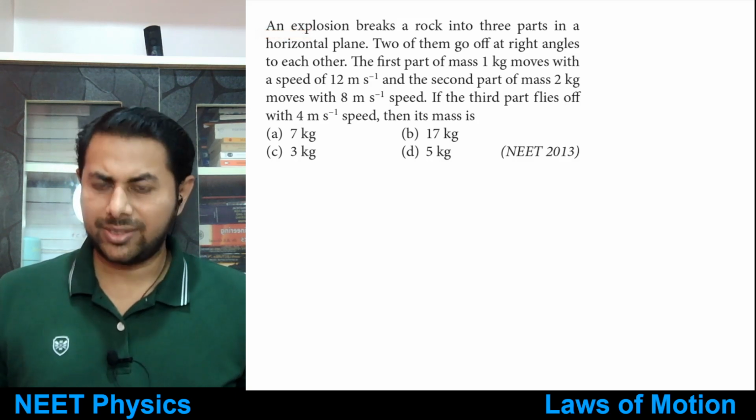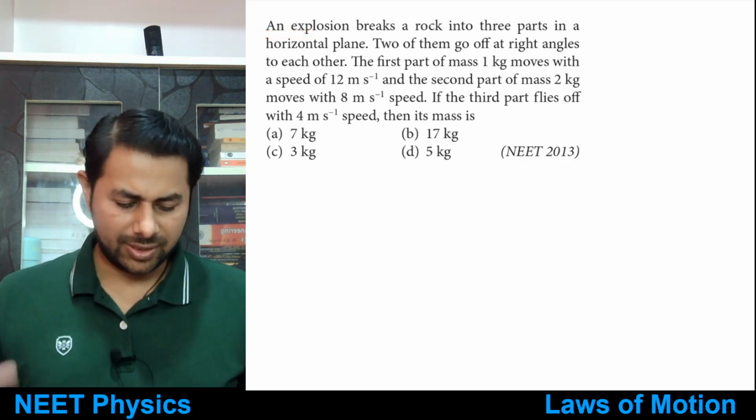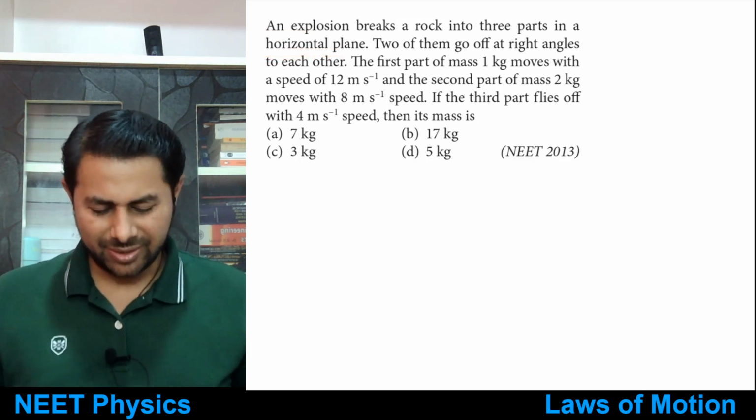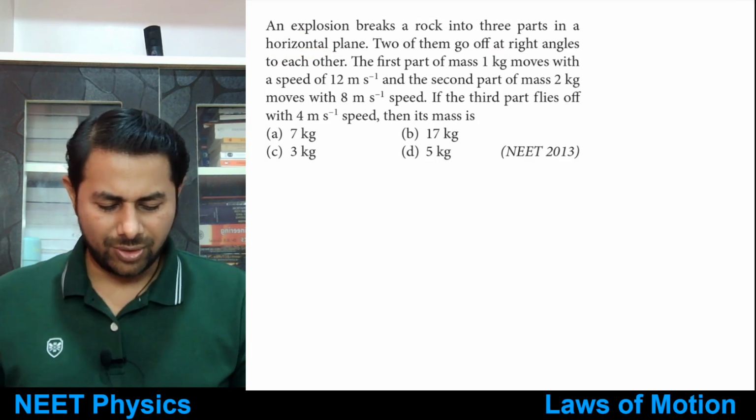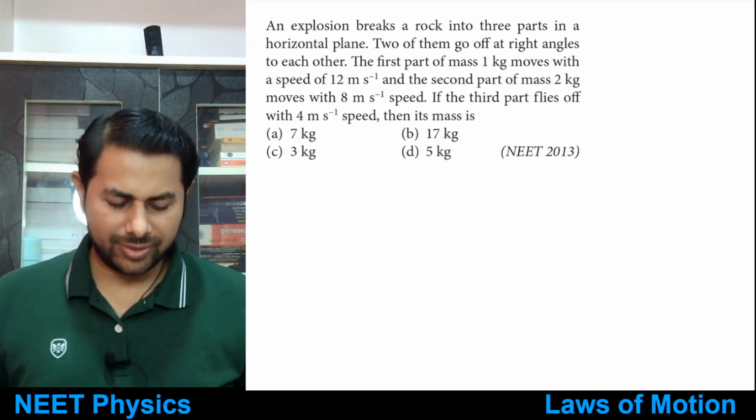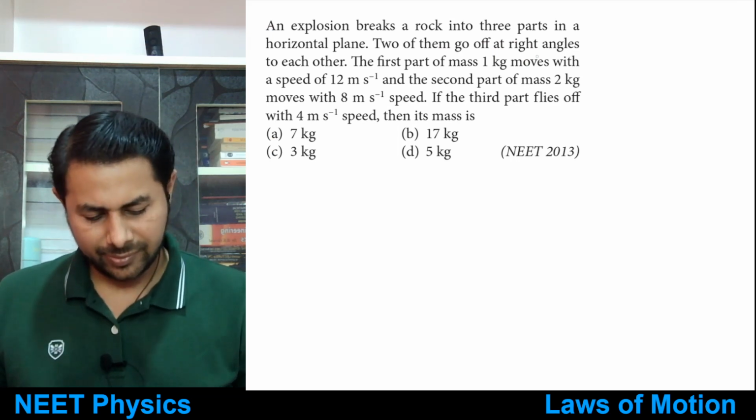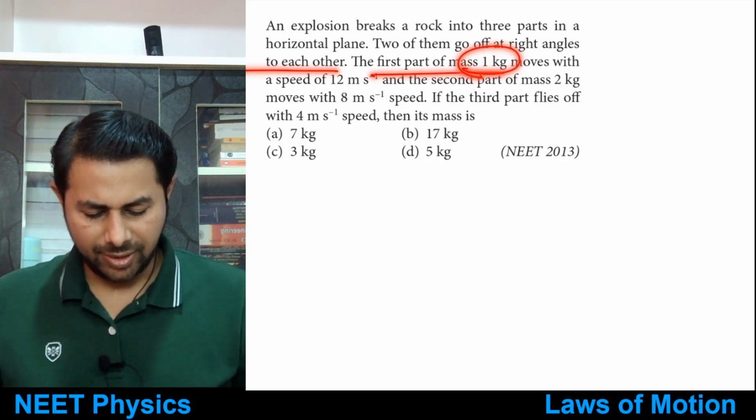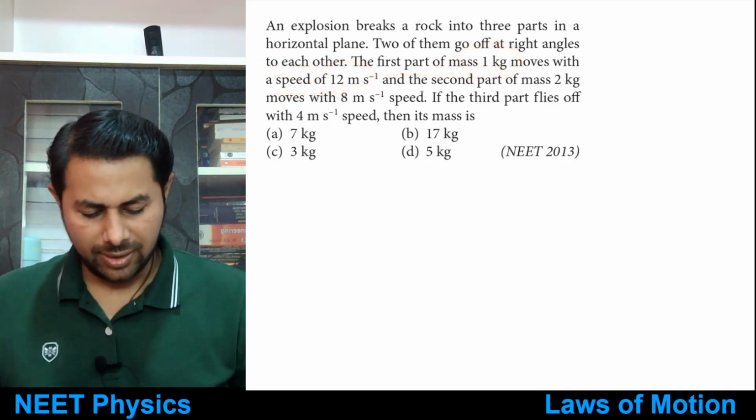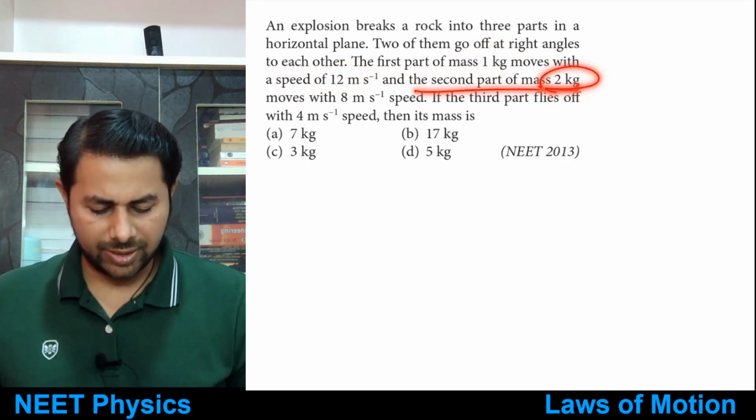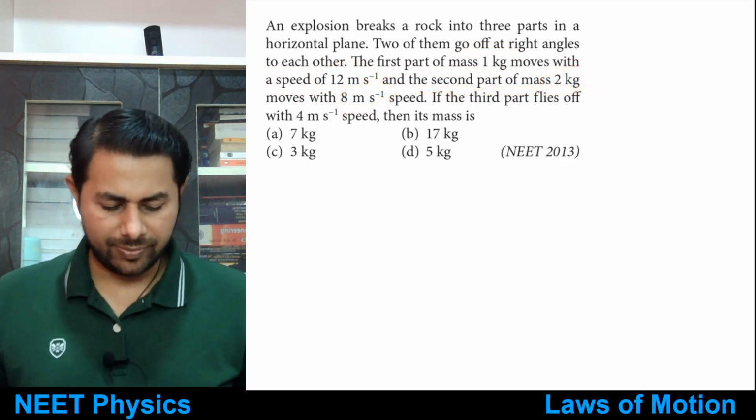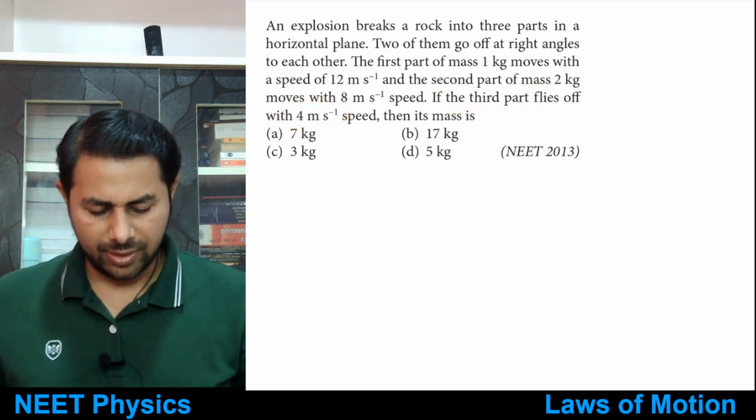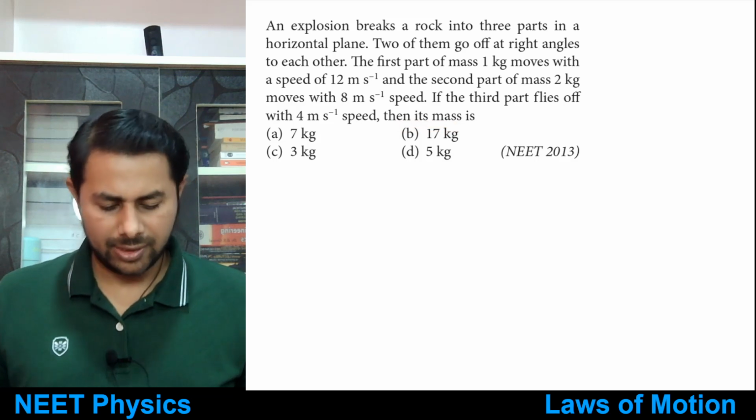An explosion breaks a rock into three parts in a horizontal plane. Okay, so they are moving in the horizontal plane only. Two of them go off at right angles. See, I told you it is repeated many times. Right angles to each other. The first part of mass 1 kg moves with a speed of 12 meters per second, and the second part of mass 2 kg moves with 8 meters per second speed. If the third part flies off with a speed of 4 meters per second, then its mass is,